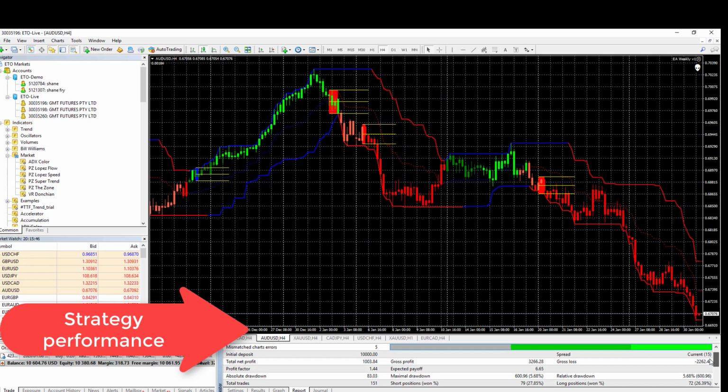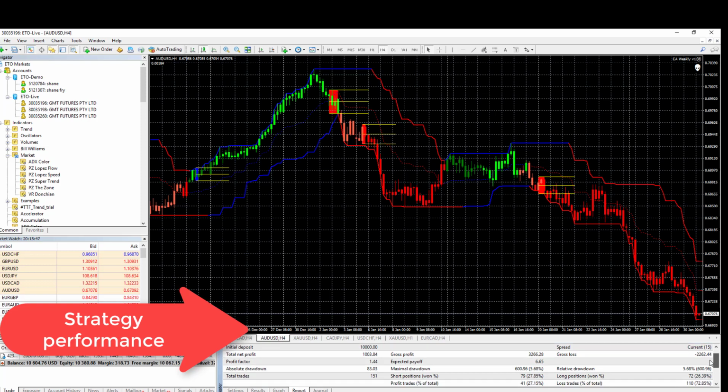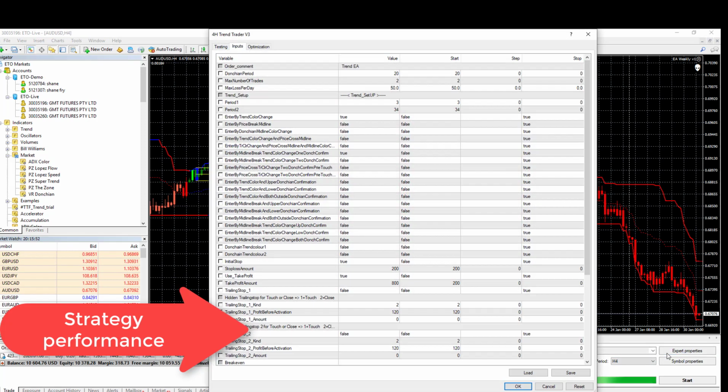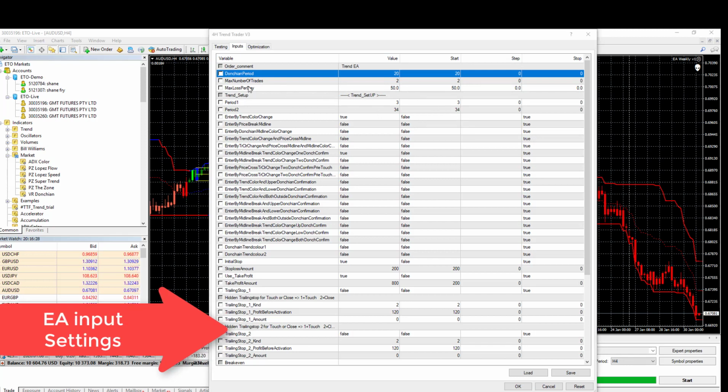So let's have a look at the basic settings here that we've got on this strategy. The Donchian period is 20, so that's our automatic default setting. We want to have that on because that matches our setting on our indicator. Number of max trades there. We always want to have that, and we're going to talk about this a little bit later on, but